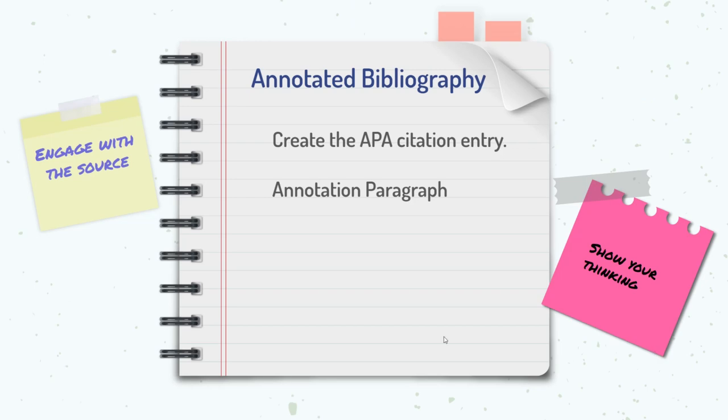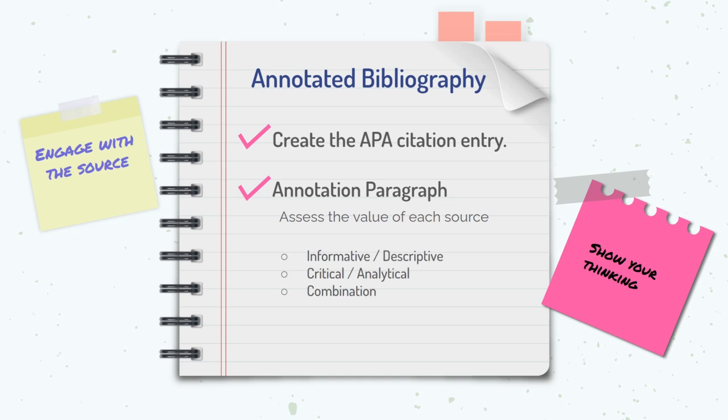So when you're creating the annotated bibliography, we've already talked about how you create that citation entry. So now let's talk about the annotation paragraph itself. The annotation paragraph is where you assess the value of that particular source. So each source is going to have its own paragraph. Typically, your annotation paragraph can be informative or descriptive. That basically means that you're just summarizing what that source is about and perhaps why it's relevant to your research. Your critical or analytical annotation is going to talk more about